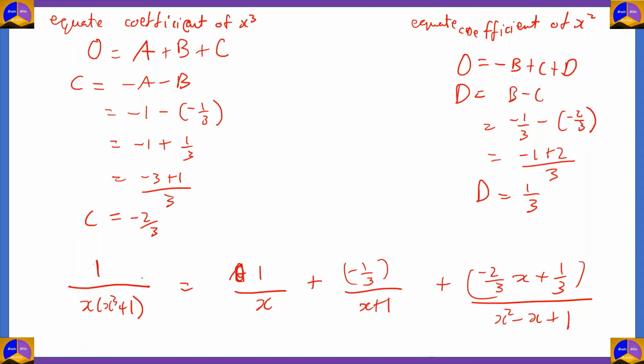So we have simplified this term into partial fractions. Now all that we have to do is integrate them. Put the integral sign, put a dx. On the right-hand side, put an integral sign, keep all of these terms under a bracket, and outside the bracket, write dx. Again, the next thing we're going to do is split the integral along the 3 terms. So over here, integral dx divided by x times x cubed plus 1 is equal to integral dx divided